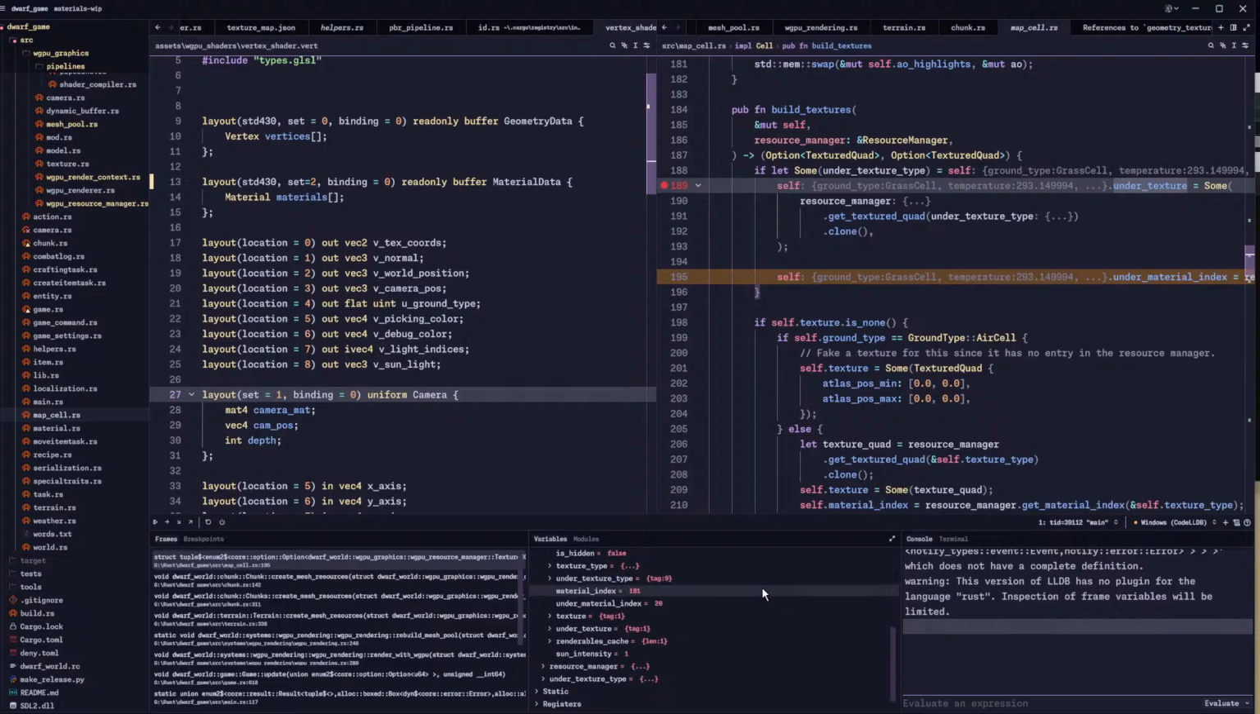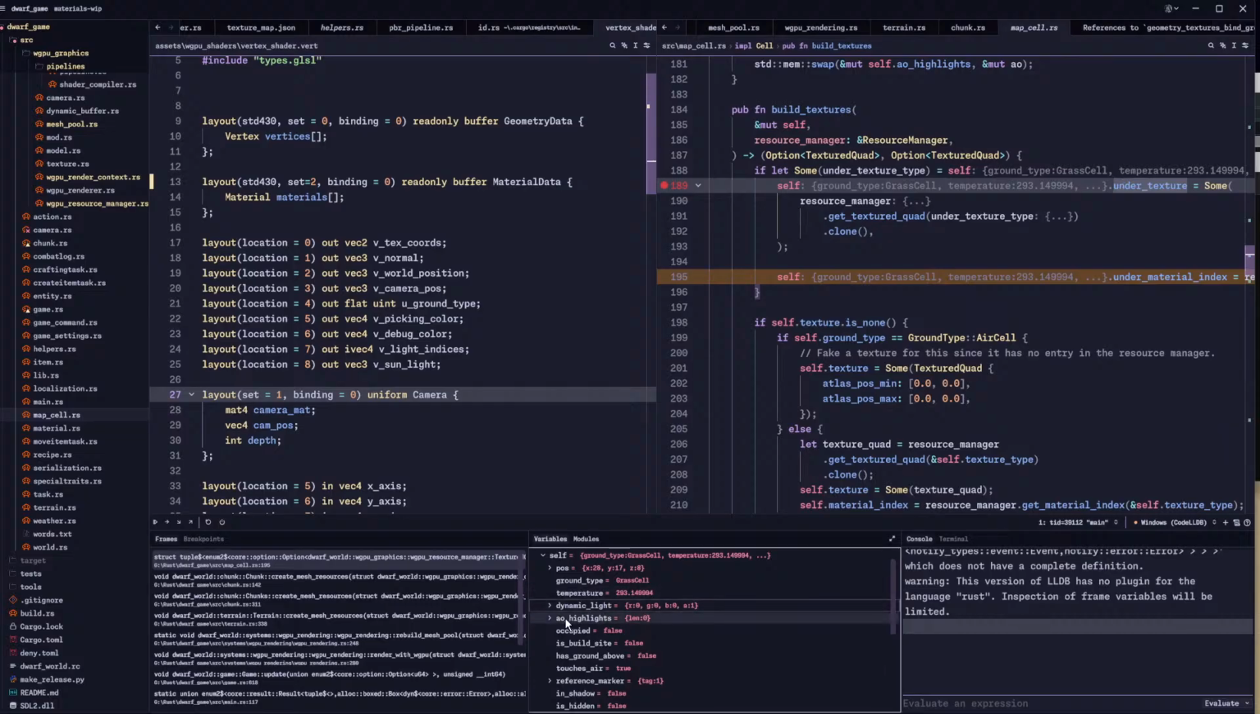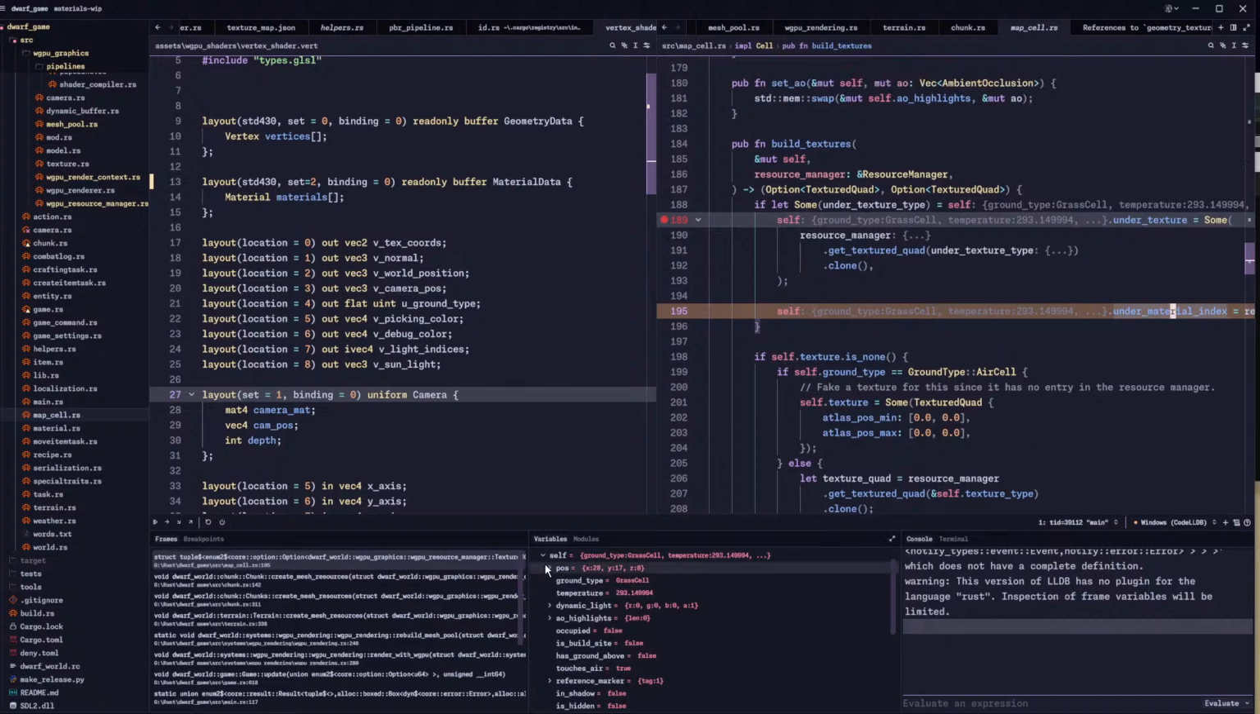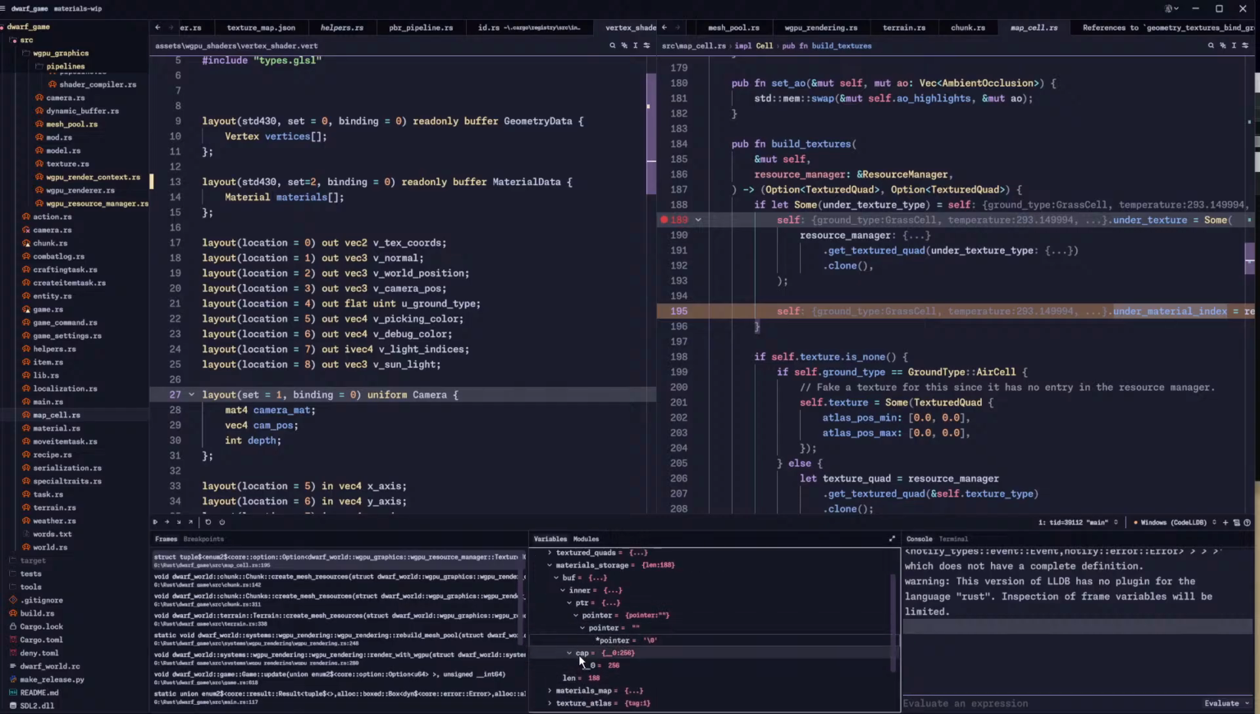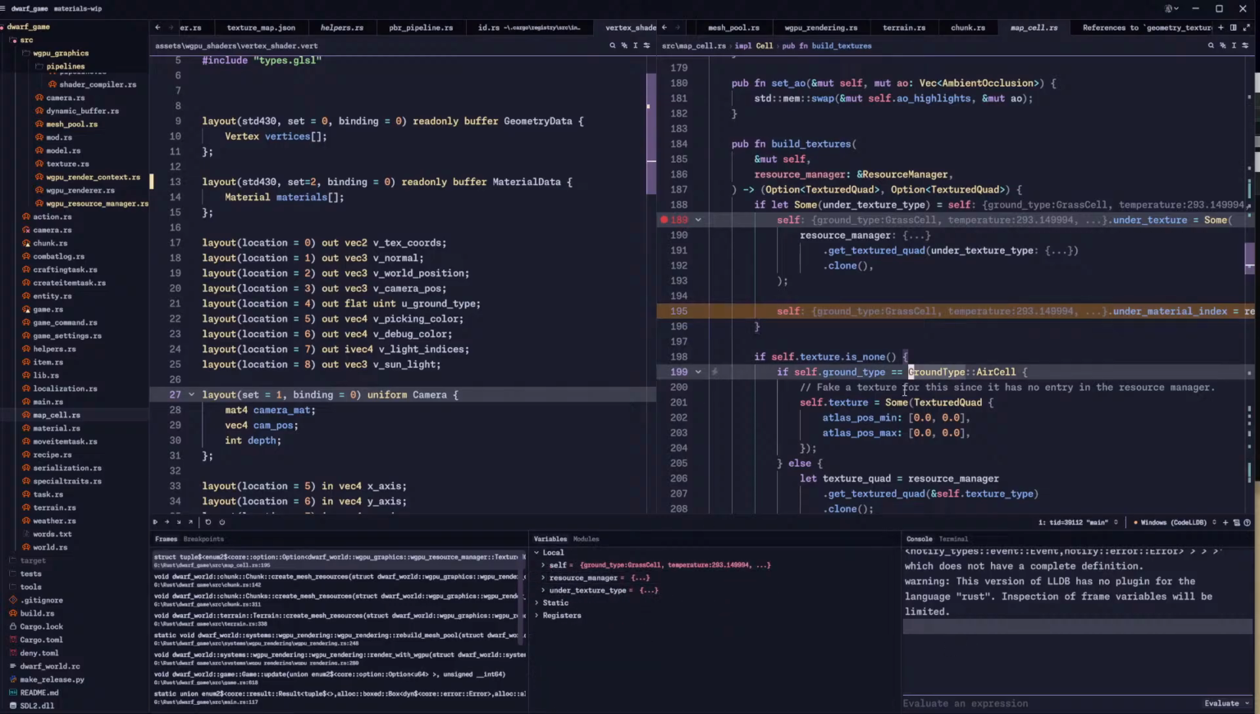This is dodgy. Oh no, this is 2817.8. Right, whatever. So grass cell. Resource manager, material storage. We don't have a nice way to see this, do we? Right. In that case,